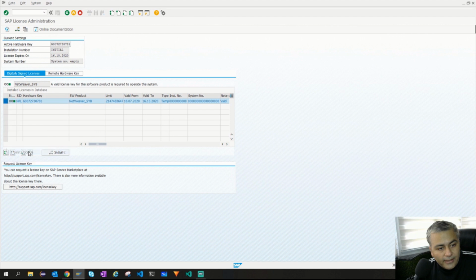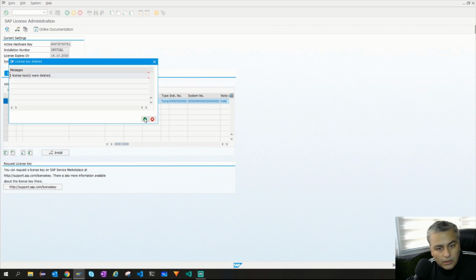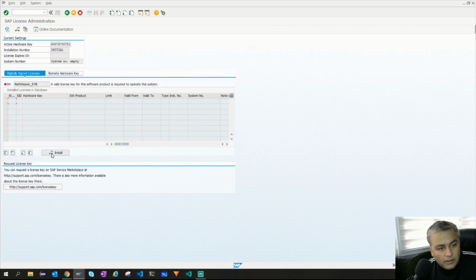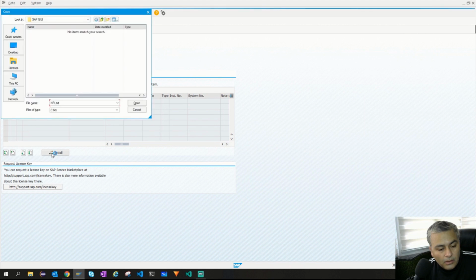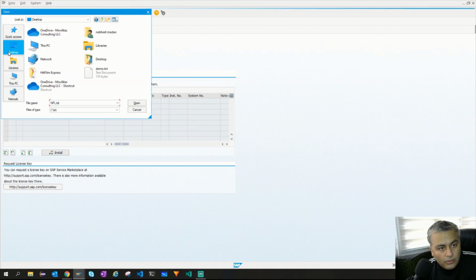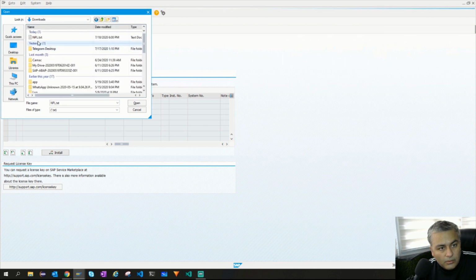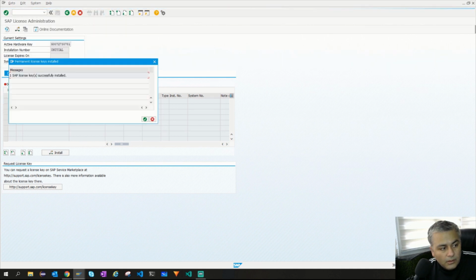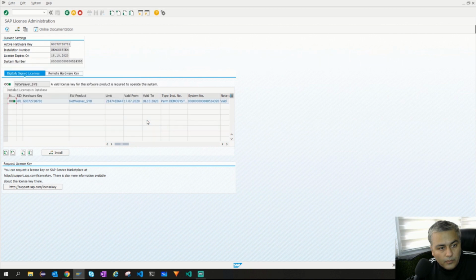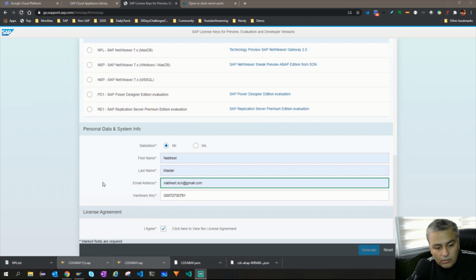So I'll say delete license, okay, and then I say install, and we will go to, I think it was in my downloads, NPL, and it is done. It is this, right? And we install the new license key. Everything is done. All I need to do now is log out.